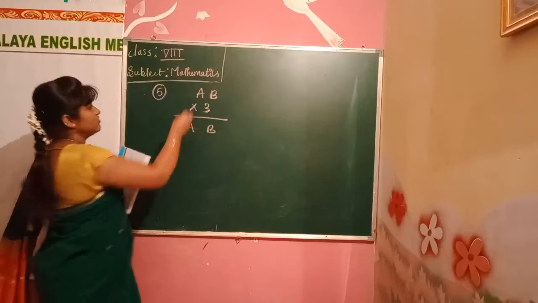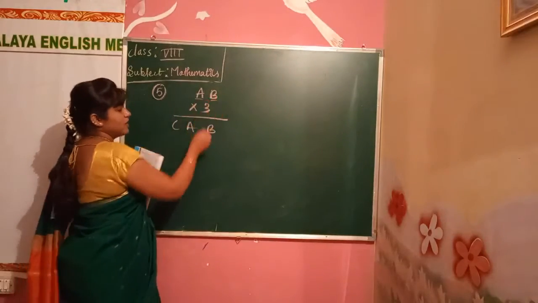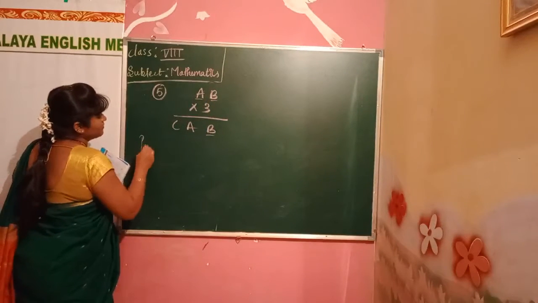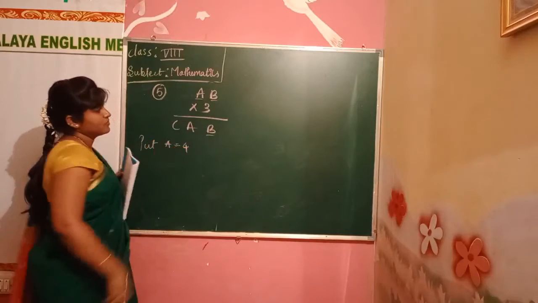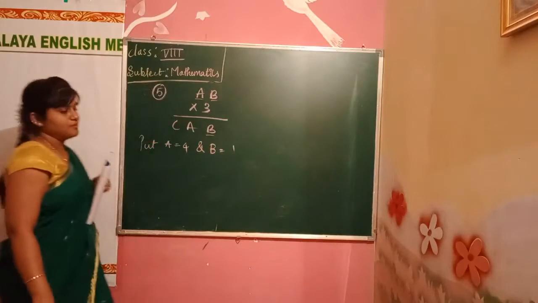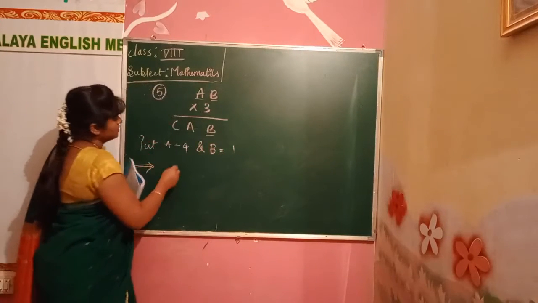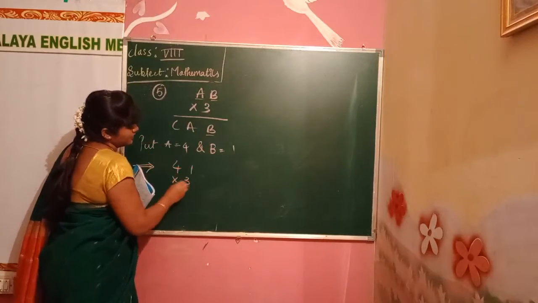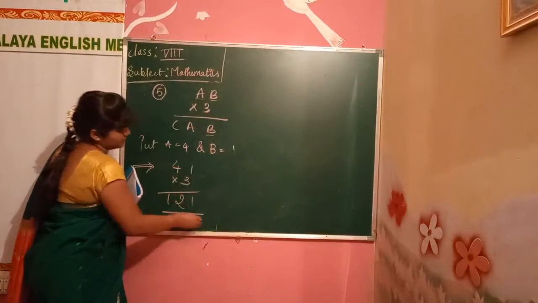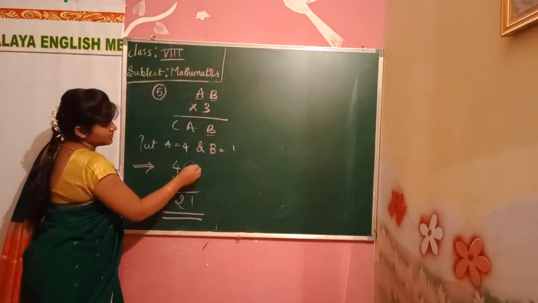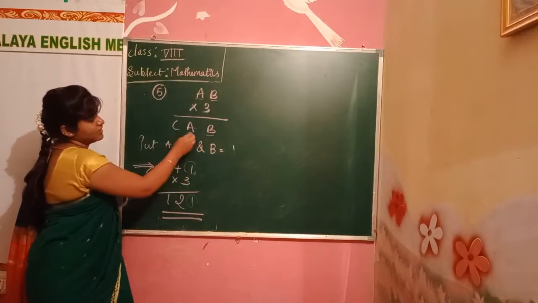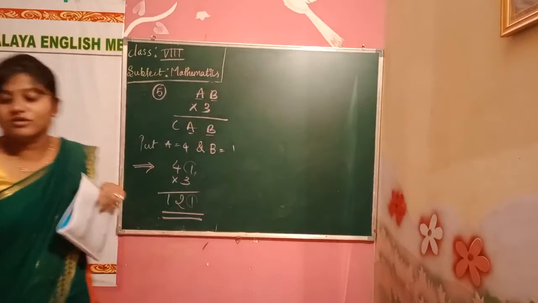Here also there is the same complication. What a value will be, that only here. What b value, that only will be here. Here also same. Now start trying. Now we'll try put a is equals to 4 and b is equals to 1. Okay, we'll try it now. 4 1 into 3. 3 1s are 3, 3 4s are how much? 12. But we got different answer. Here also we have a, but we got a different answer. So this does not hold.